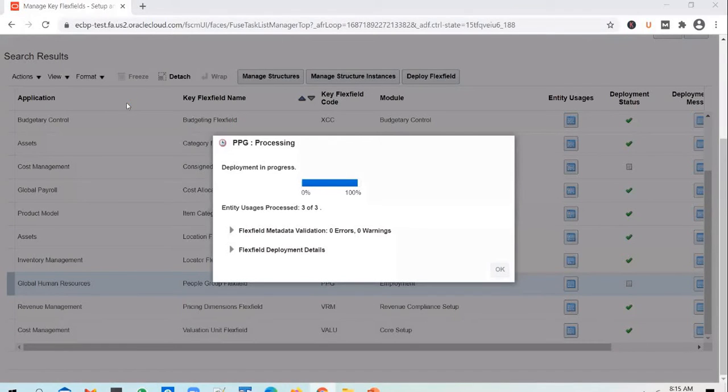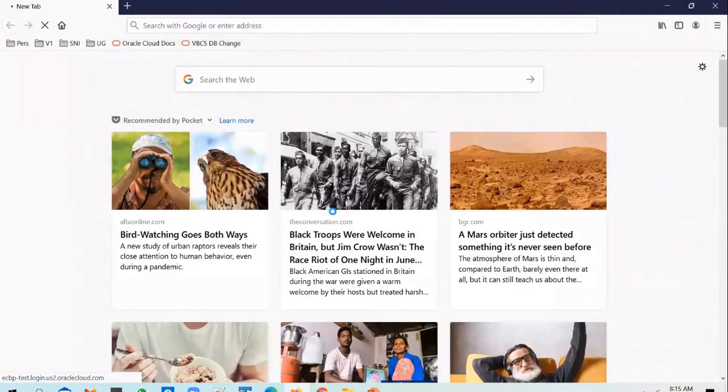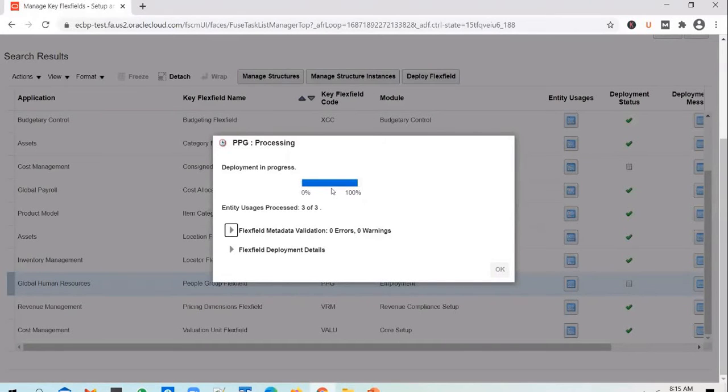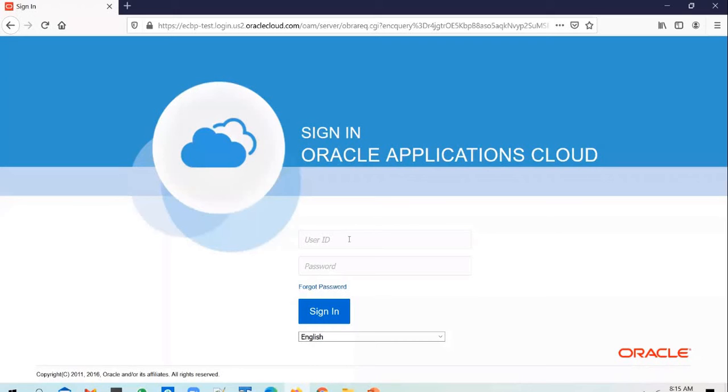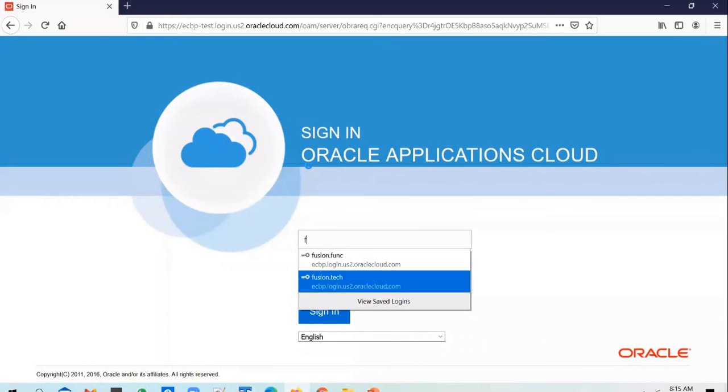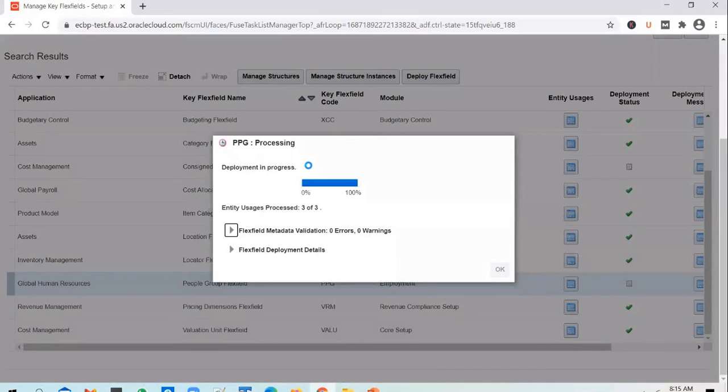So we can go ahead and open a new session. Meanwhile, stuck at 99%.